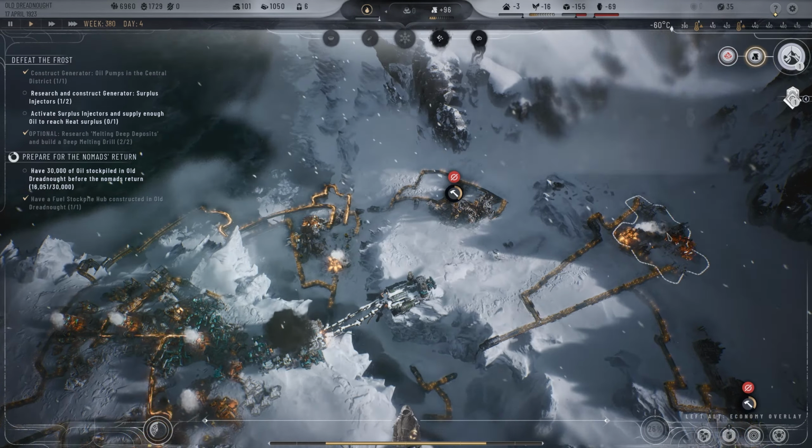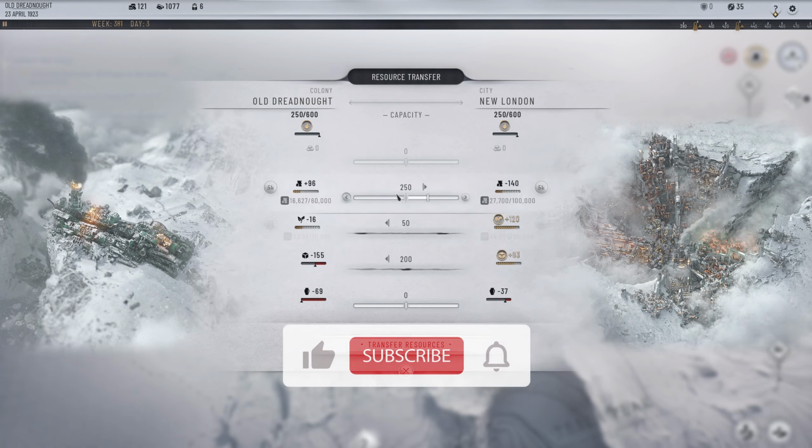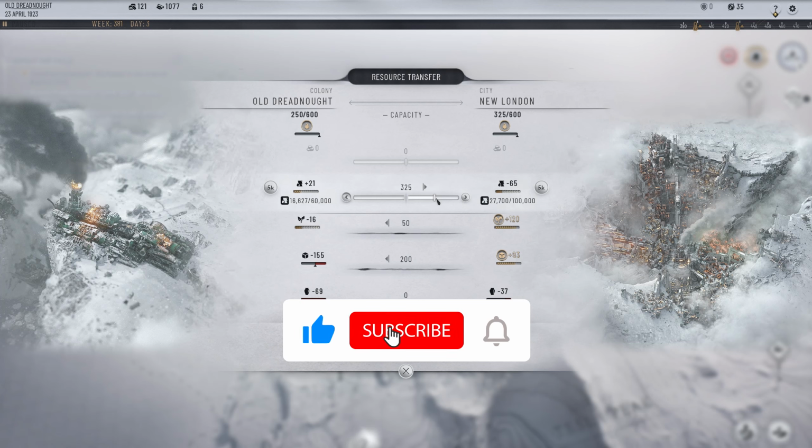All right, we now have a Skyway. Now that Skyway should allow for an increased number of resources. There we go. 600 total now. So what we can do...